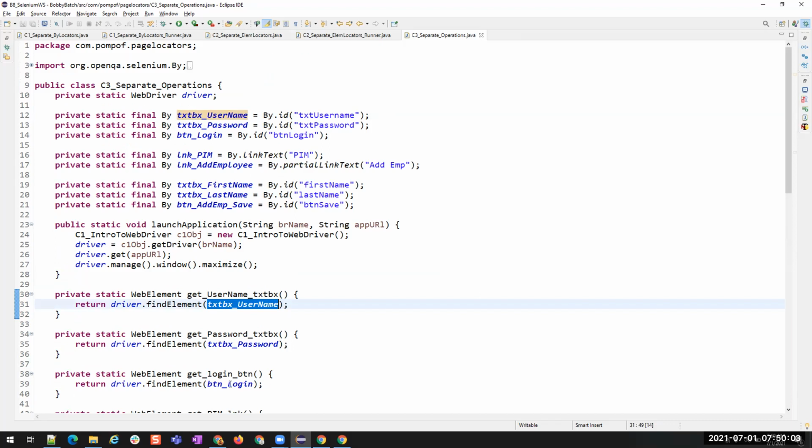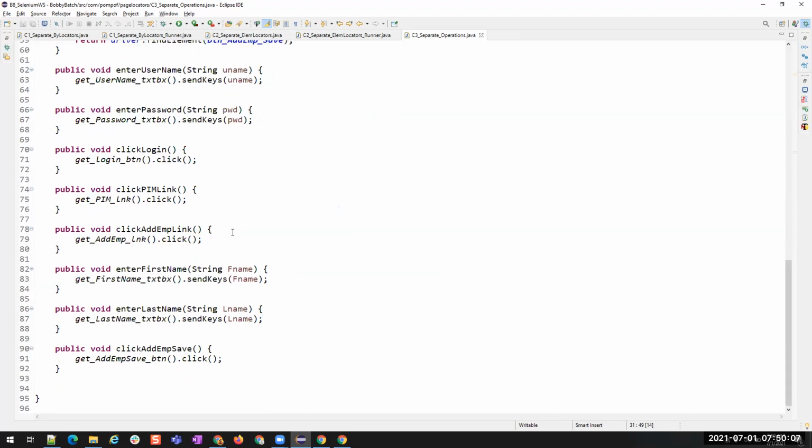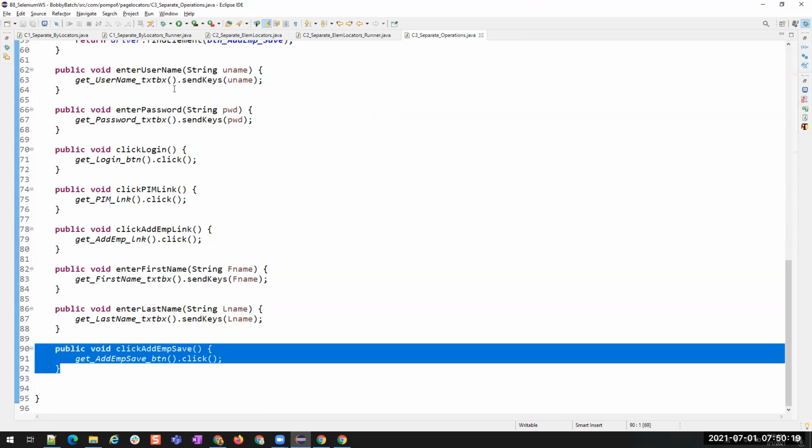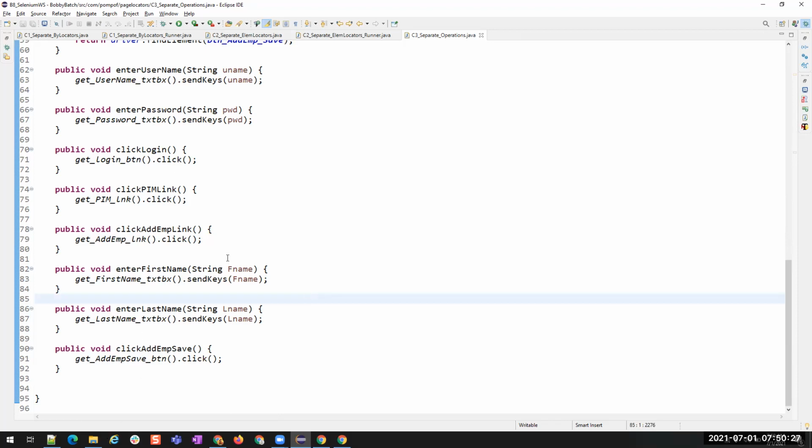It will be an issue for maintenance when we have the whole application or scenarios elements in a single page. Let us assume that there are 500 elements that we are clicking or entering text. So 500 into 2 is 1,000 methods, each method having 3 lines. So you have 3,000 to 4,000 lines of code in a single class, which will become difficult for us to maintain, right?